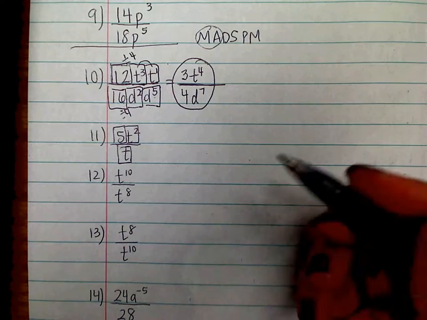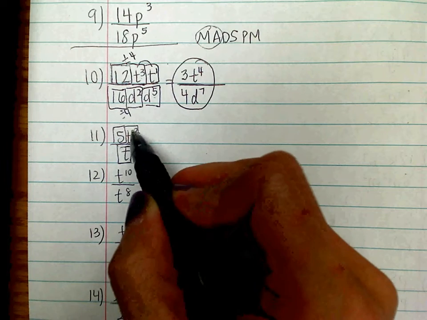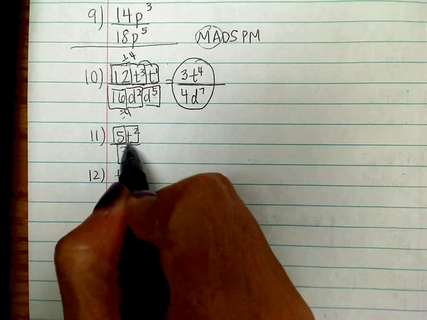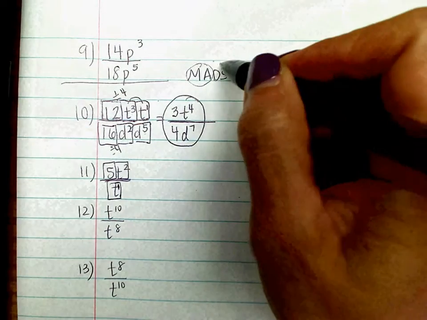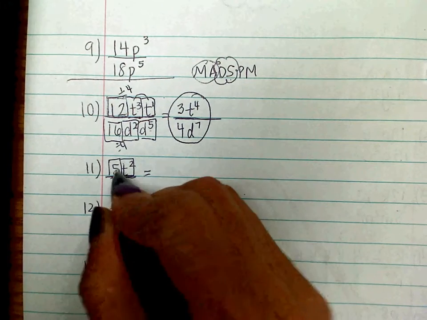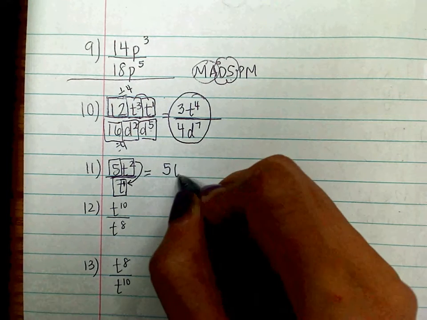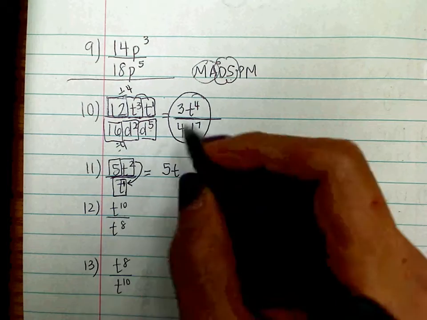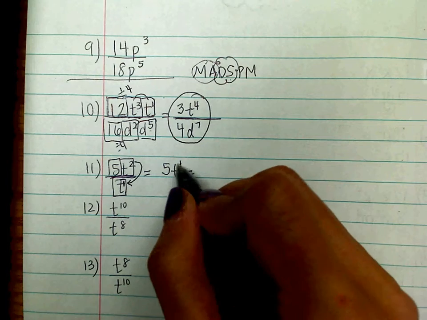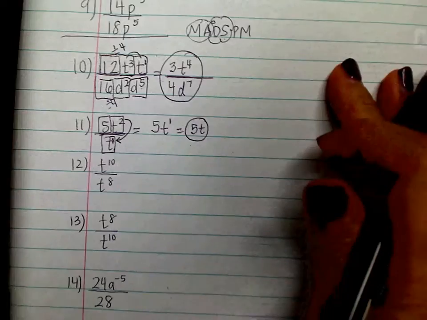So now this one, you can't do anything with these two because they're different bases, but I see that there's a base on top and bottom. There's an exponent of 1. Now this fraction bar means we're dividing, so we're now here, okay? If you divide same bases, you need to subtract their exponents. So the 5 just gets rewritten, and then 2 subtract 1, so you keep the same base, and then 2 subtract 1 is 1, okay? None of it ends up on the bottom because this is a positive exponent. So the only other thing I'm going to do is keep the exponent of 1 invisible, and that's your final